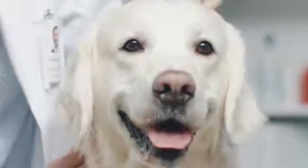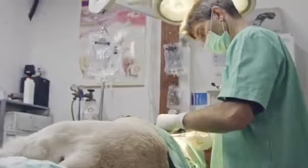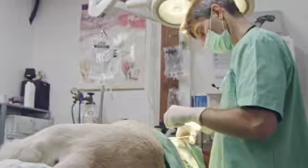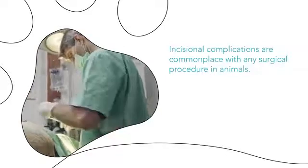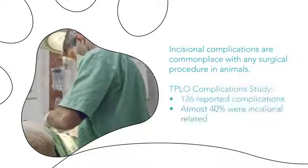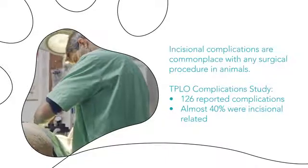In every orthopedic procedure, good outcomes rely on the surgeon's ability to adapt to unique challenges, but they all have one thing in common: incisional closure. Many studies cite that incisional complications are commonplace with any surgical procedure in animals. In one published paper looking retrospectively at complications in TPLO procedures, there were 126 reported complications and almost 40% were